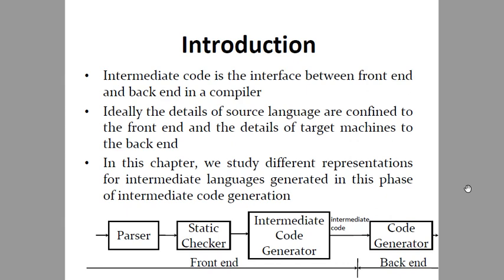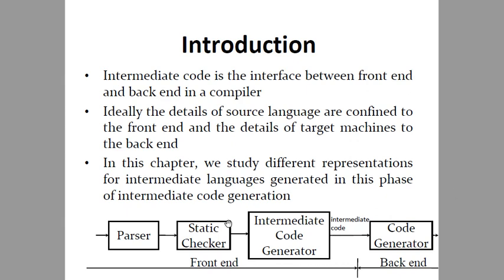This chapter will show us how syntax-directed methods can be used to translate our programming language constructs into an intermediate form. When a C program is written, the compiler will generate some intermediate code for that particular C program. Although a source program can be translated directly into the target language, there are some benefits of using a machine independent intermediate form. The benefits we will see in the next slide.